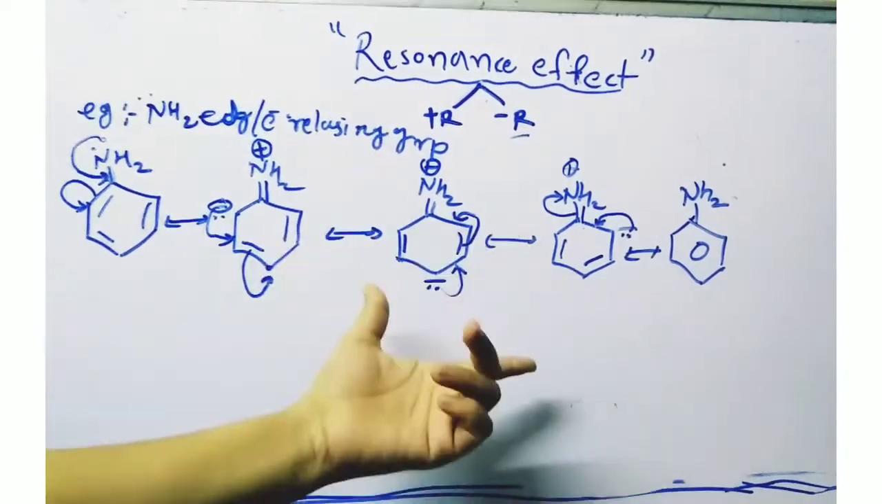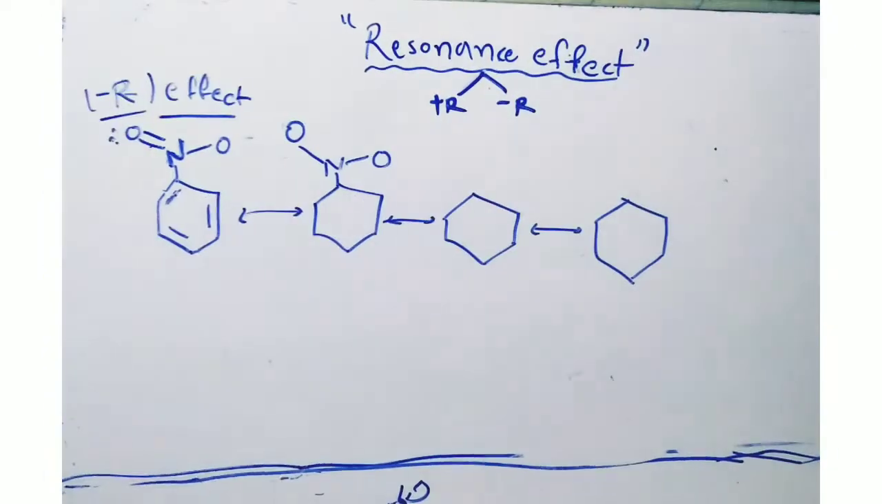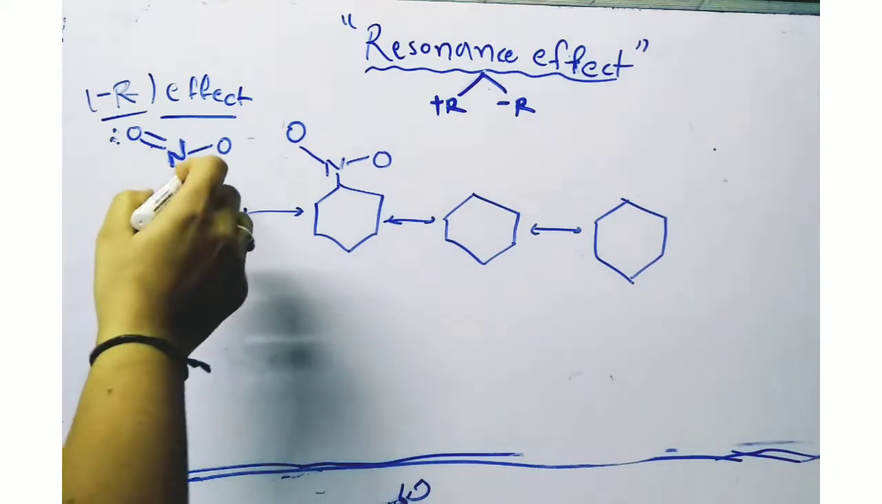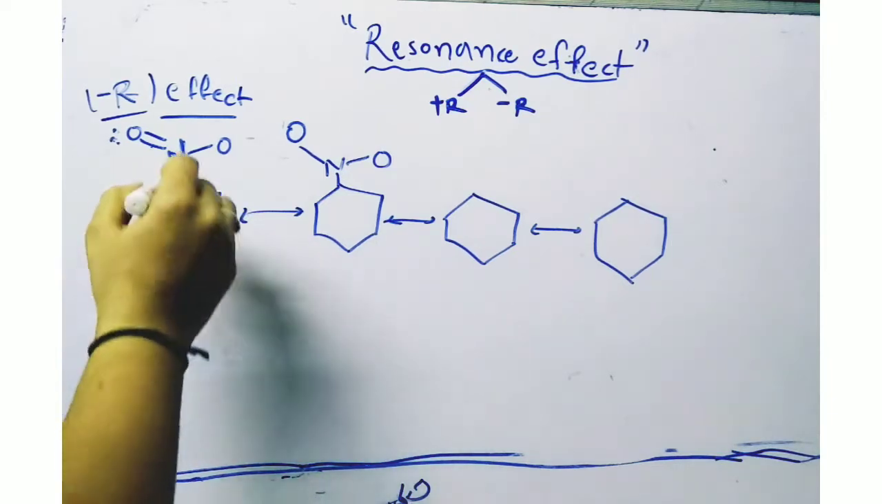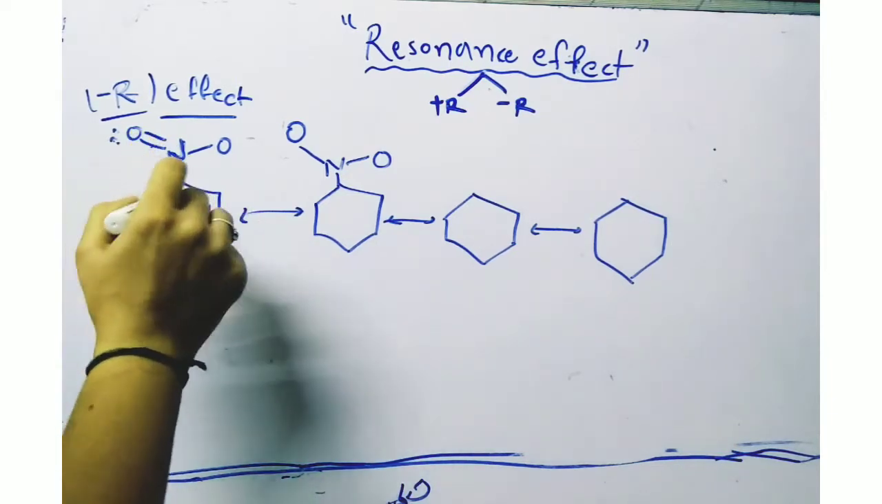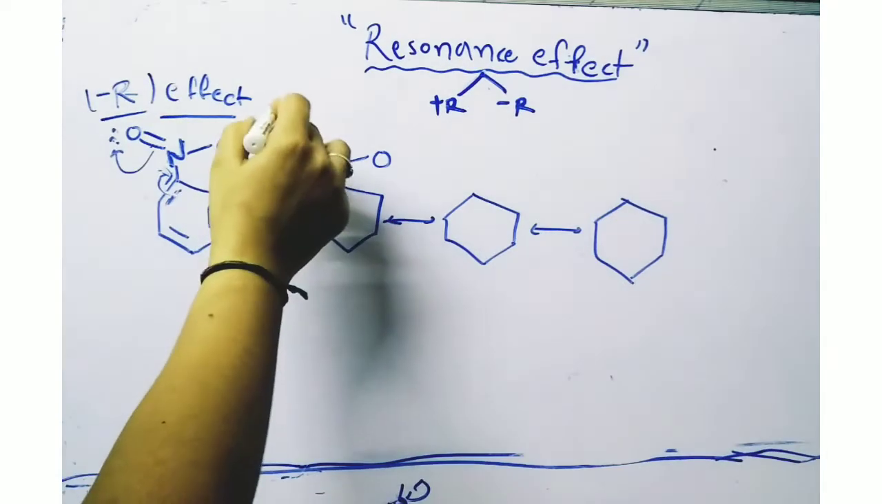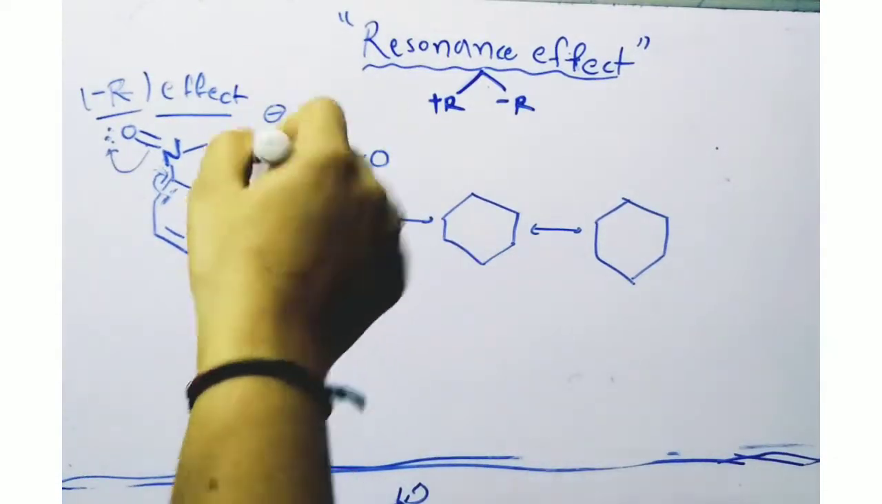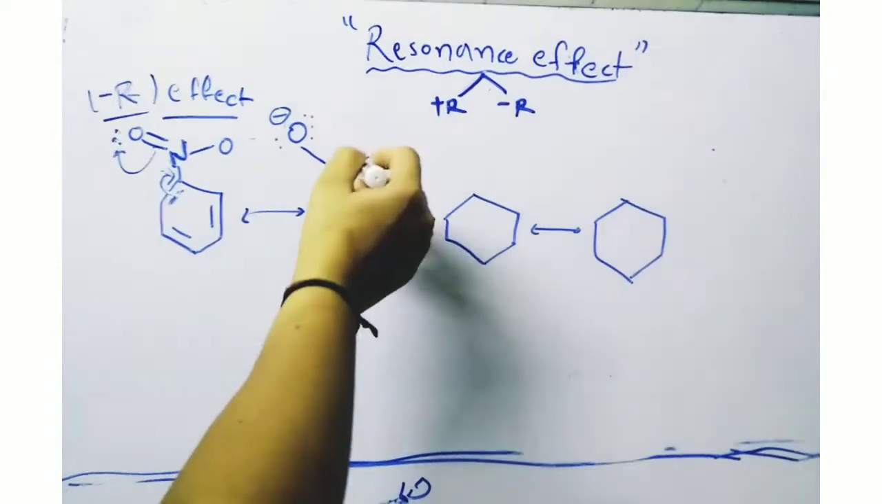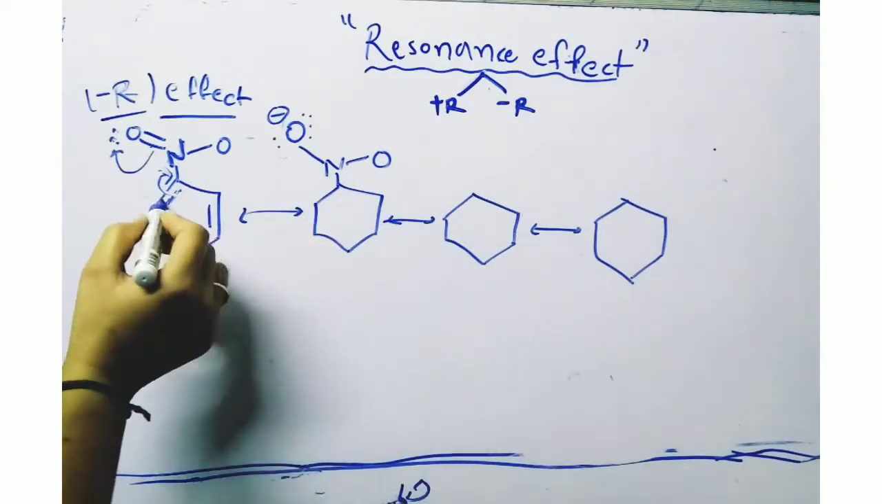Now move towards the next example of -R effect. Because the nitro group has electron withdrawing capacity, it will withdraw electrons from the benzene ring. Means it pulls the electron towards itself from the benzene ring, so that this bond will shift here, and the oxygen will get negative, and the oxygen which has a lone pair in its octet state. So here what we get, the oxygen and this bond, because the bond is shifted towards,